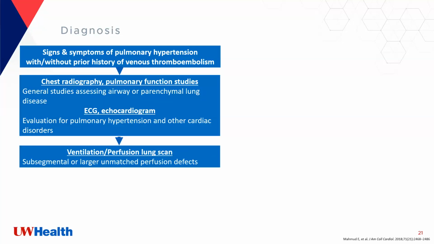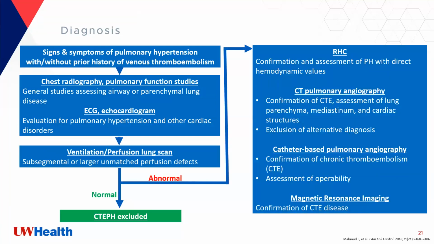And the ventilation perfusion lung scan can effectively exclude CTEPH patients because it has a sensitivity of around 90 to 100% and specificity of 94 to 100%. So this is a preferred initial scan. So if the scan is normal, then CTEPH is excluded. However, if it's abnormal, then patients undergo further evaluation. As I mentioned earlier, right heart cath is a gold standard for pulmonary hypertension diagnosis and required before proceeding to any other